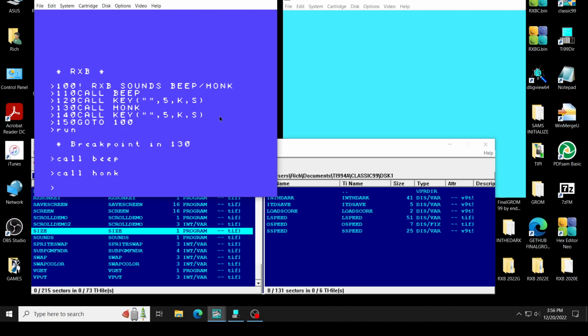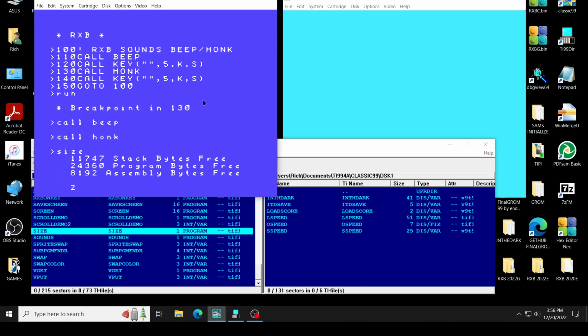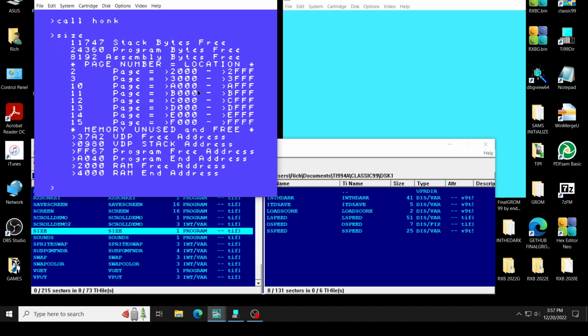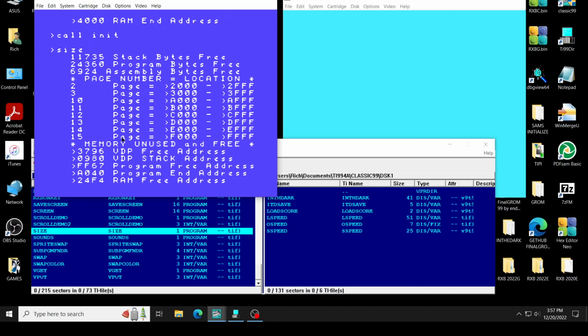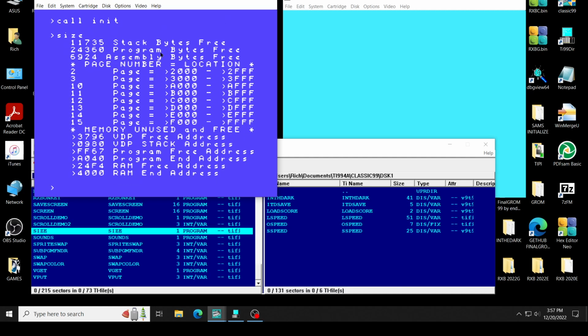Then we have the size routine. I've already shown you this size. It shows you the stack memory bytes free, the program bytes free, the assembly language. So if we go call init, then do a size, it'll show you its change. See? The assembly language size. And it shows you the locations of the SAM's memory, what pages are there, and the memory used and free. And then it tells you the VDP free address, first VDP address,